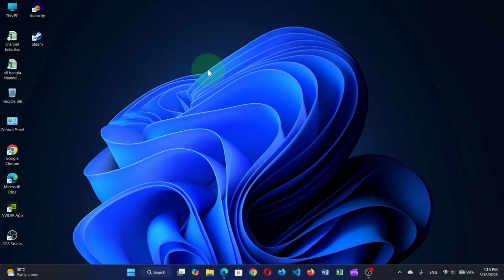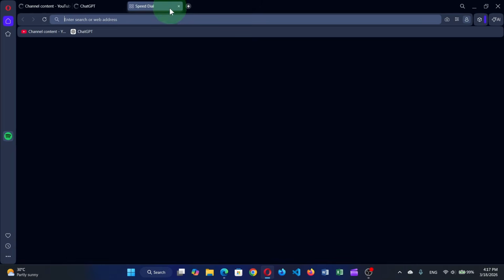Today I'm going to show you how you can create a portfolio CMS where admin can add projects. We are going to do this using PHP and MySQL, and we are not going to do any coding manually. What we will do is generate a prompt from a chatbot, and we'll give this prompt to a free AI so that the AI can generate the whole project for us. At first I'm going to go to the browser, and search for